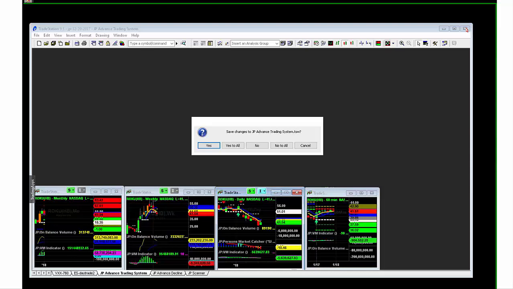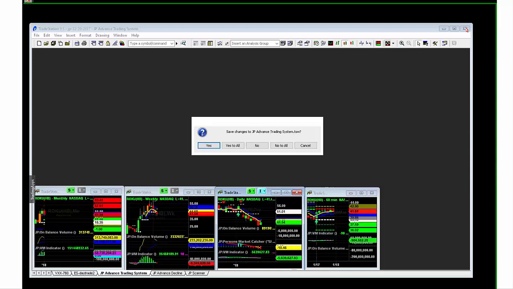So before you hit save, if you've already saved your work, which you should do as soon as you add a stock or delete a stock, and something closes out behind your back, you should not save the changes, because maybe there was a corrupt file or window, or something happened on a chart and it closed out. If TradeStation needs to shut down, it says, do you want to save all this work? The minute you say yes, you've saved the changes that deleted your workspace and your chart. So basically, I just want to hit no.